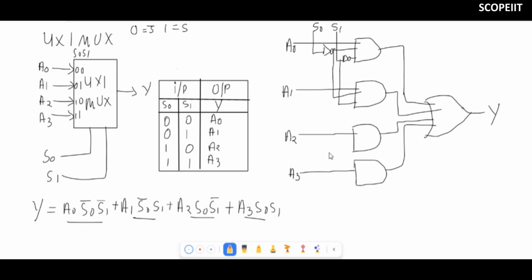Okay. Then in A2, S0 is without bar, okay? So take it before this NOT gate. Okay, and S1 basically is with bar, okay? So where is your S1? Here. And with bar, that is here after this NOT gate, okay? So take a straight line from here and connect it to this one. Then the last one, both without bar, okay? So this is already without bar, so I'll take a line from here, and S1 without bar is connected here, so we'll take a straight line. No need to take it from the beginning, right? So this is the circuit diagram for 4x1 multiplexer.